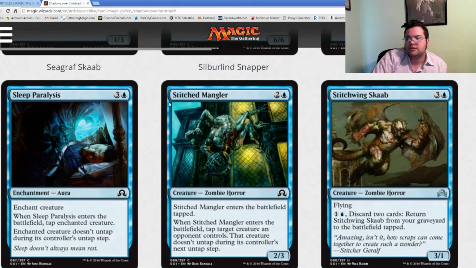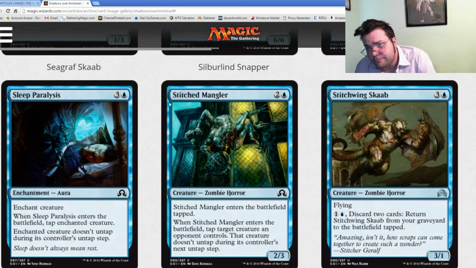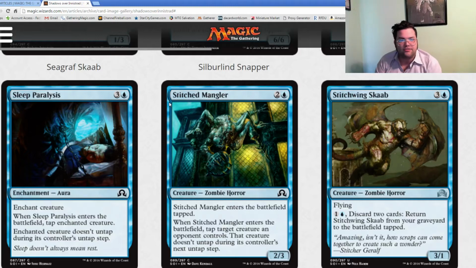Alright, Sleep Paralysis. 3 and a blue, enchant creature. When it enters the battlefield, tap that creature. It doesn't untap during that creature's untap step. So it's removal. It doesn't get rid of abilities that don't involve tapping, but it is removal. So that's pretty strong there. It's probably just a C+ for me. Removal like this in blue is hard to come by, and you're always going to be playing this if you're in blue. That said, I would not pick this over the other removal in other colors that tends to be